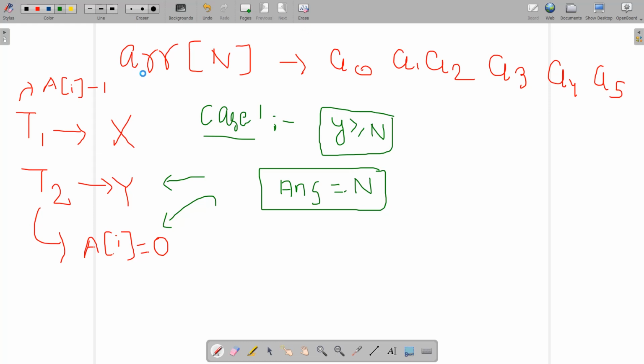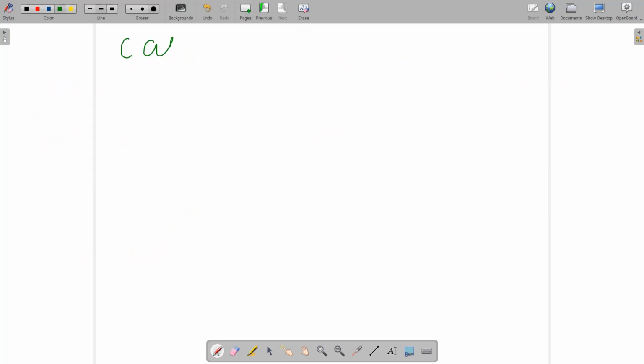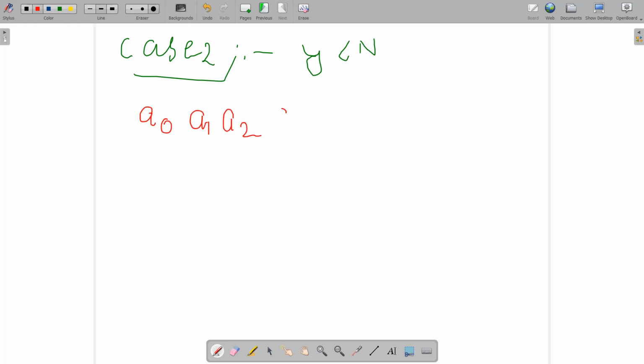Okay, so I'm going to talk about case 2. Y is strictly less than n. And we have the elements of the array as A0, A1, A2, A3, A4, A5, let's say up to A6. Now, if y is less than n, it means that if we start iterating from the left side of this array A, that is from index equal to 0,